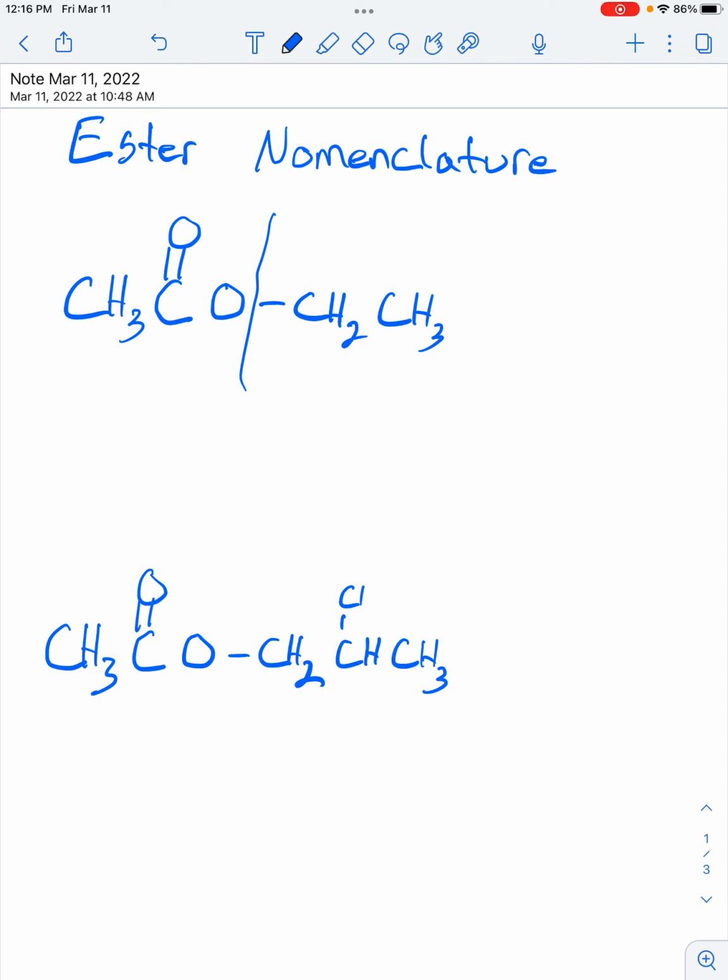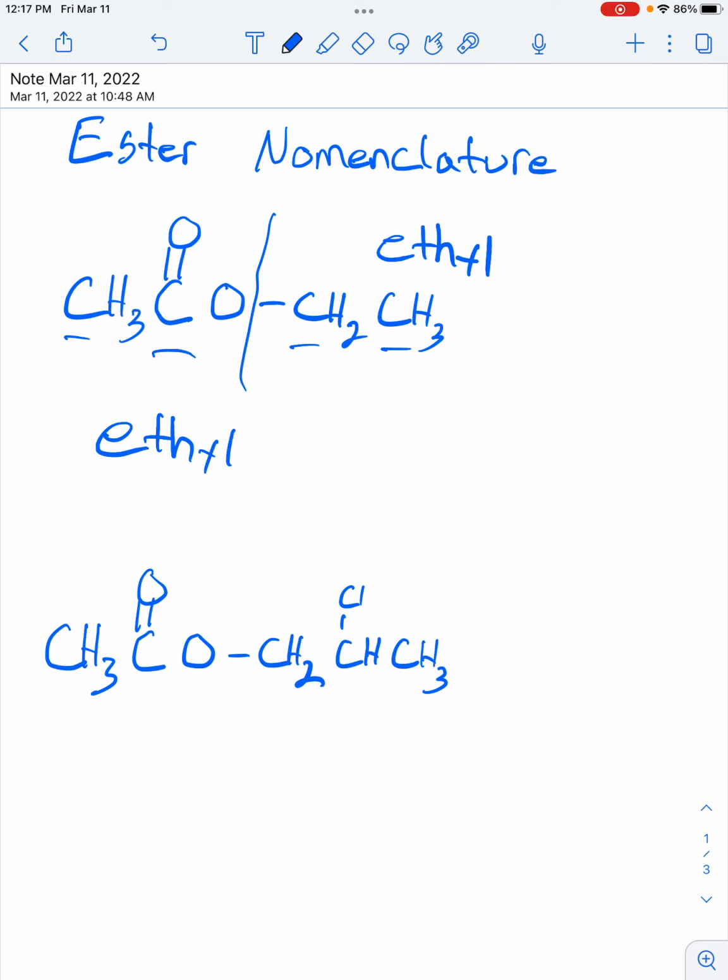In today's video, we're going to touch on ester nomenclature. With ester nomenclature, you're going to name the compound that's bonded to the oxygen first. So in this situation, you have two carbon groups, which would be an ethyl. And this portion over here that's bonded to the carbon that's doubly bonded to the oxygen, you're going to name that by counting the carbons as well. So in this particular situation, you would call